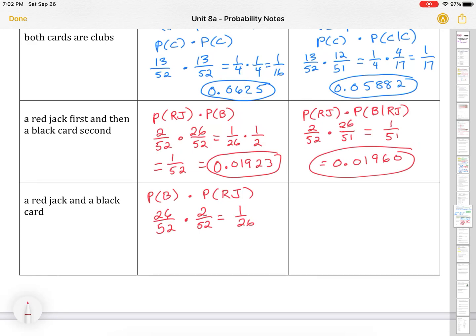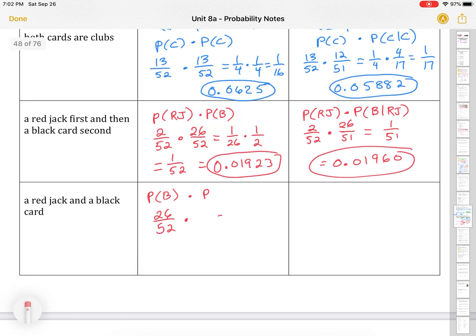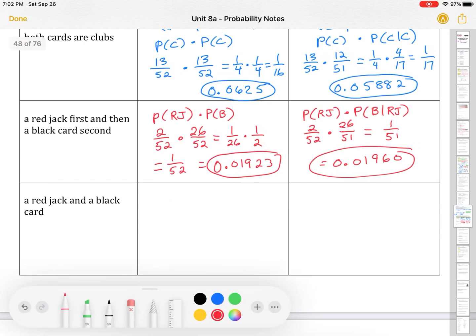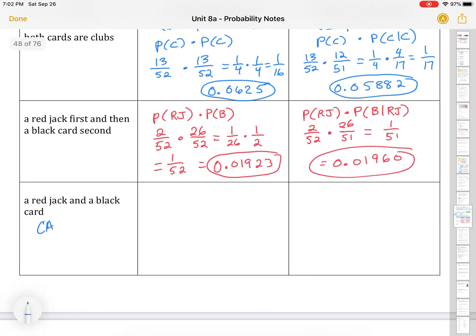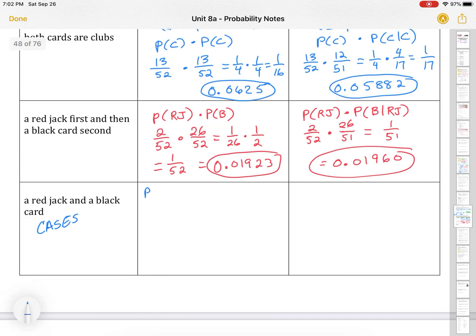So we would get 1 out of 26, right? But no, we don't. Never mind. Rewind. This is a cases situation. Remember, we're doing cases, right? So we have 2 cases, and we have to add them together. So it's either,